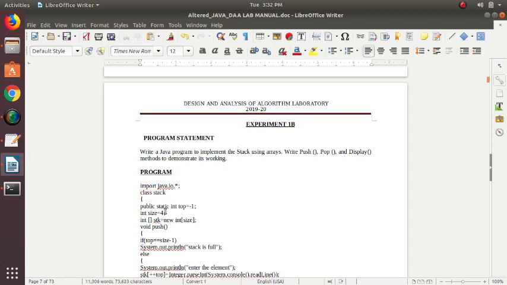And I am giving a stack size as 4. You can see here, that means my array or my stack contains only 4 elements. I can't store more than 4 elements using this program. If I want to store more, I need to change the value 4 to 5 here. I'll use 4 as default. So you can change the values if you want to increase or decrease the size of the array, right?